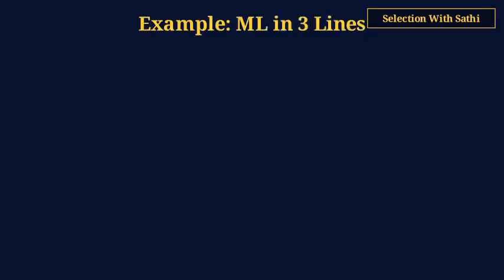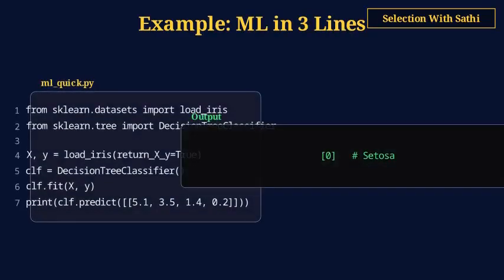In machine learning, Python lets you build powerful models with surprisingly little code. Using Scikit-learn, you can load the iris dataset, create a random forest classifier, train it, and evaluate it all in about 5 lines. The result? 97% accuracy on the test set. This simplicity is why Python became the default language for machine learning and why companies like Google, Netflix, and Tesla rely on it for their AI systems.